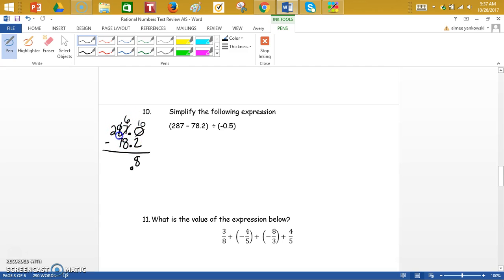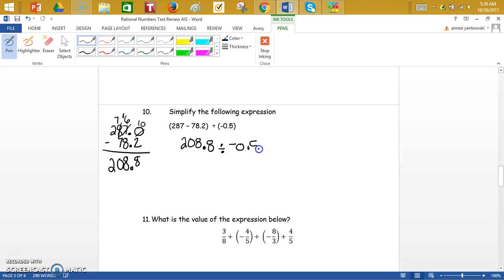Can't take 8 from 6. Borrow from this 8. Make that 8 a 7. 6 minus 8 is... Oh, that's a 16 now. Sorry, I borrowed from that 7. That's a 16 now. 16 minus 8 is 8. 7 minus 7 is 0. And I drag down my 2. So this is 208.8. Had more positives, keep my positive, divided by